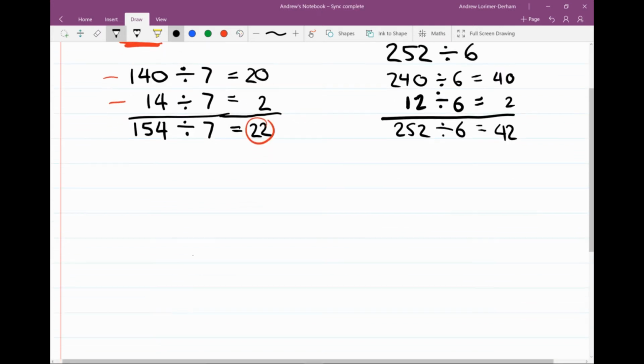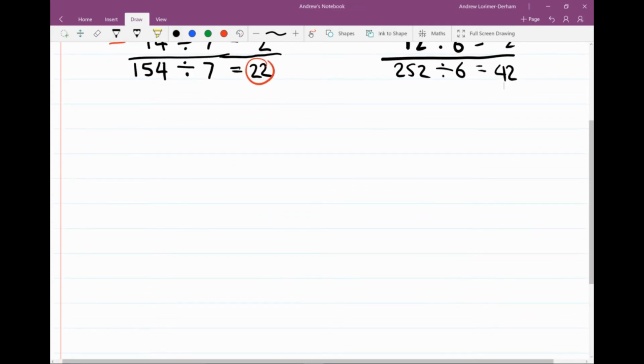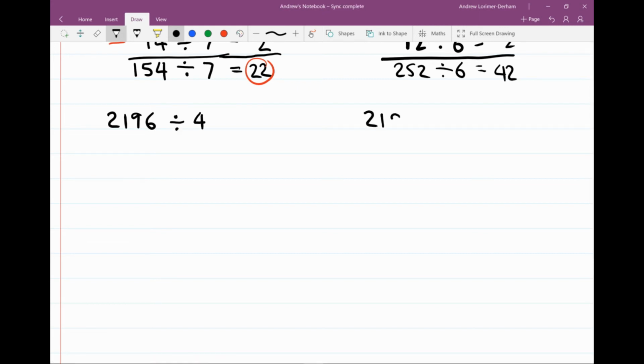All right, we'll make a hard one to finish. So this one is 2,196 divided by 4. And I'm going to show you two ways of doing this one because this one's a bit more tricky. You could vary the way you do this. It depends how confident you are with multiples. So this one here, it's in the thousands column this time, so we're going to need to add a couple more zeros. So count up by 4s, 4, 8, 12, 16, 20. Oh, 20 looks good. There's a 20 here. Well, it's 21, so we can write